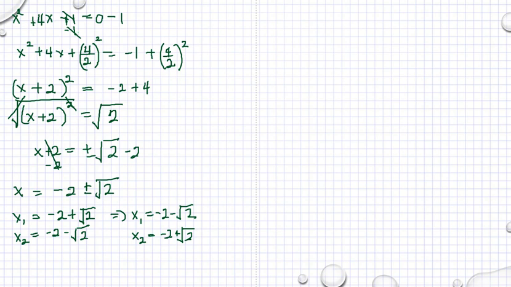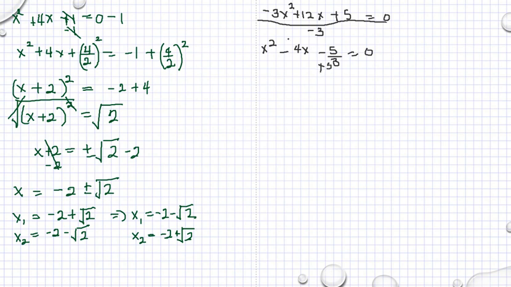No problem with that. Here's another example that I'm going to solve. The first thing that we're supposed to do is divide all the terms by the coefficient of x squared, so that it becomes just x squared. That means dividing by negative 3. So we have x squared minus 4x minus 5 thirds is equal to 0. And if we add 5 thirds to both sides of the equation,